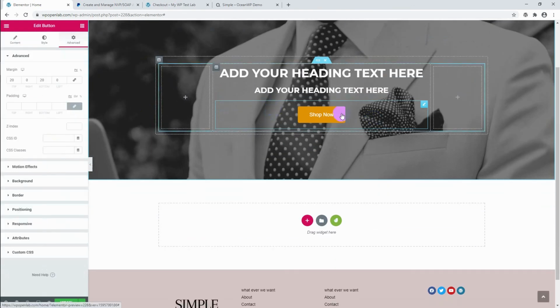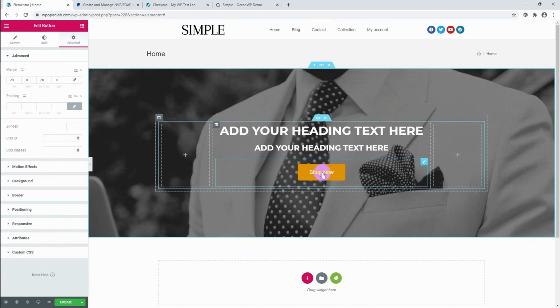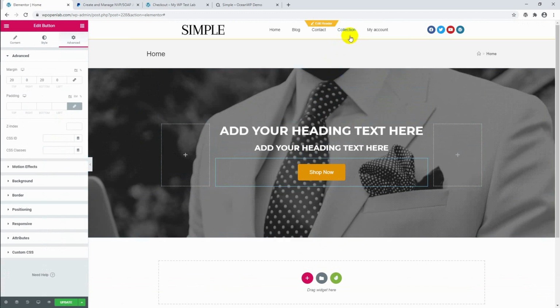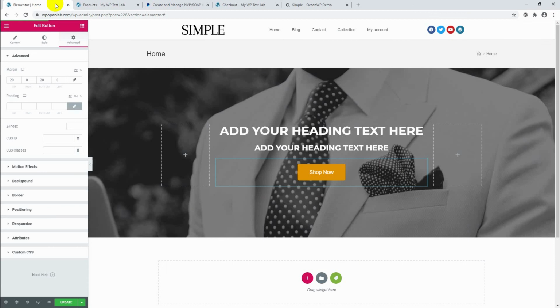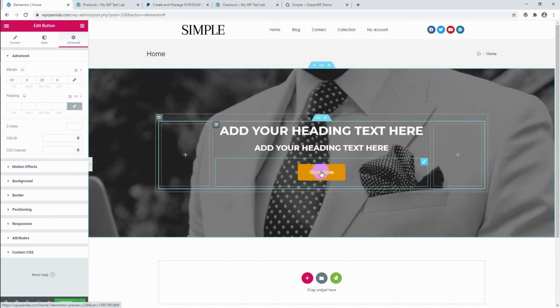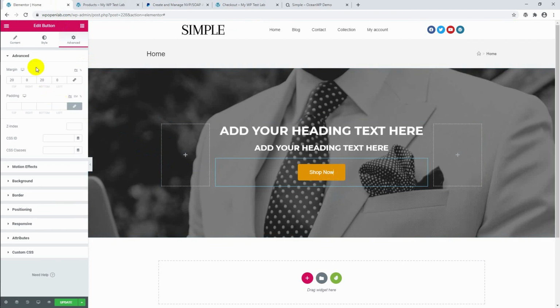Oh, by the way, we need to give a link for this button. So I would like to redirect this button to the shop page, which is collection. Let's right click and open in the new tab to get the link here, which is this page. Let's copy this page and come back to the home page. Click this item here again, and then we need to come to the content part,